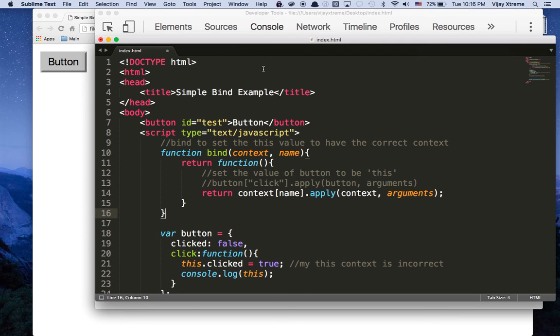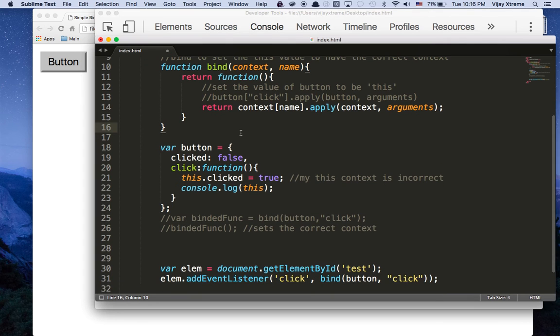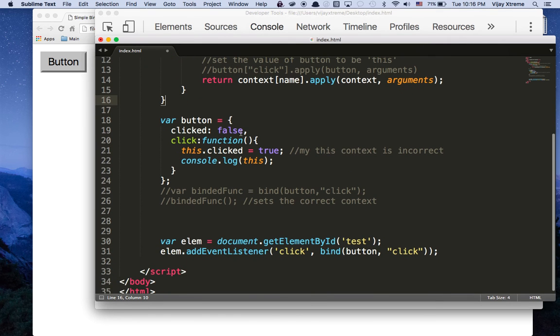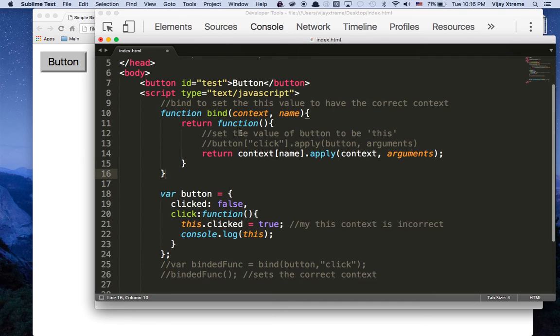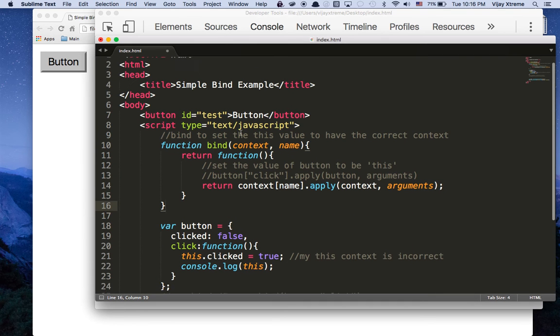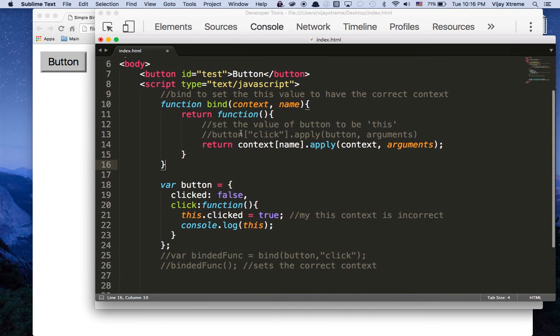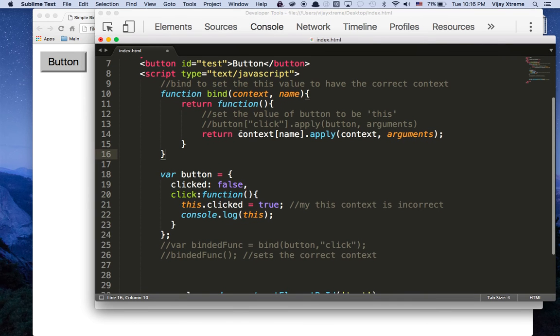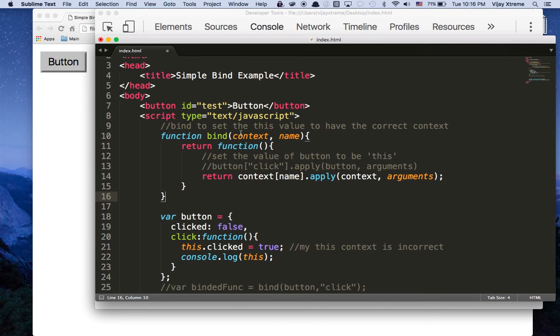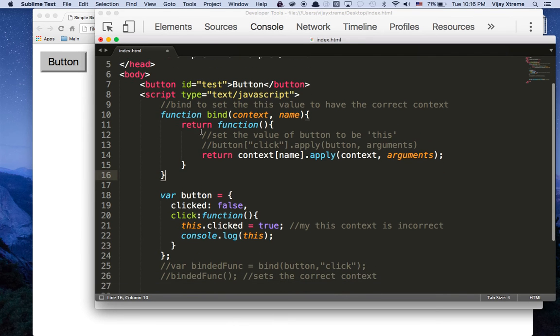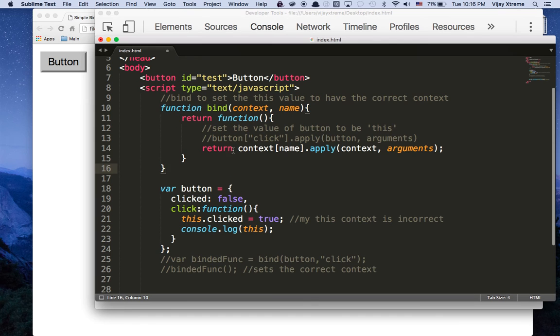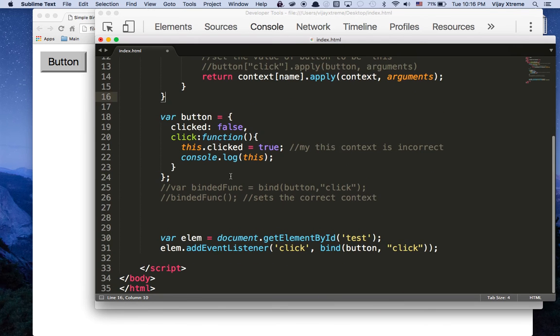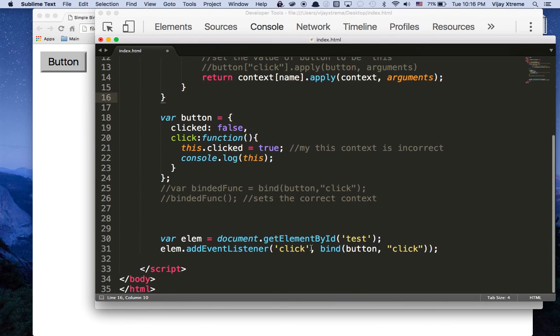Hey everyone, so in our last video we talked about the bind function, and we talked about it in a little bit of detail. This time around I thought I'd talk about how to use prototypes in addition to the bind function to make it easier to just use .bind as opposed to writing out a function bind with a context and a name and then returning all this stuff. It would be really cool to just say something dot bind